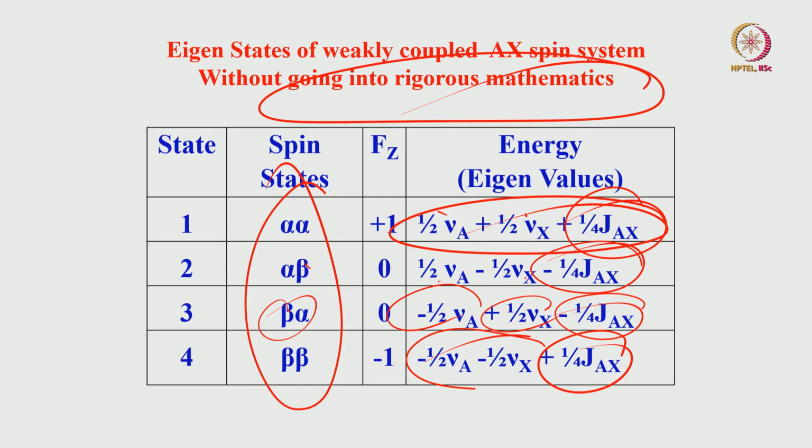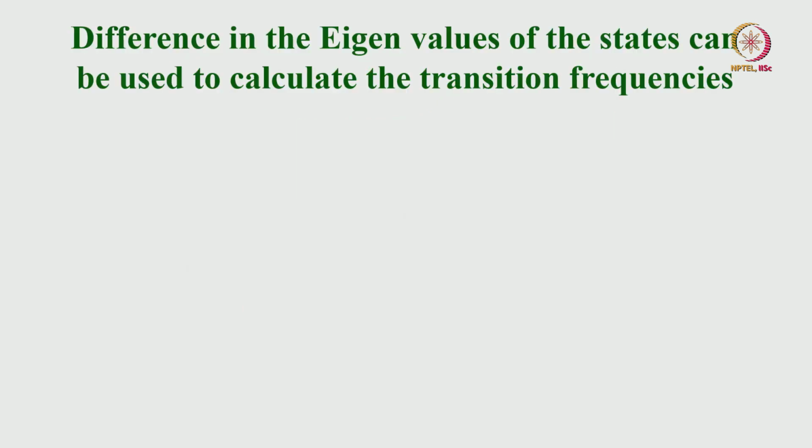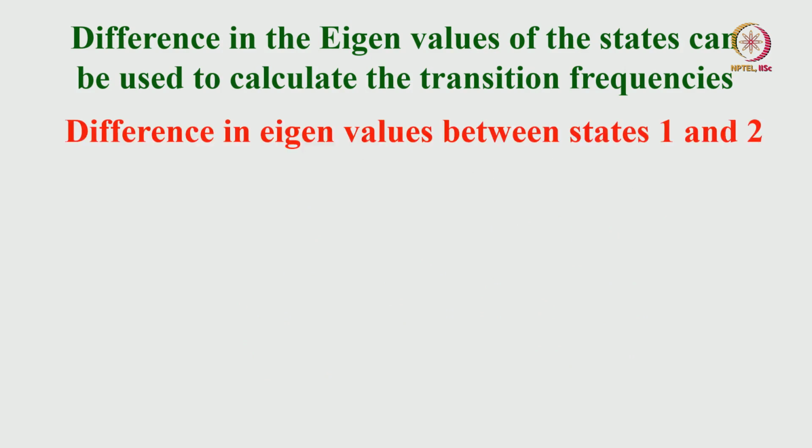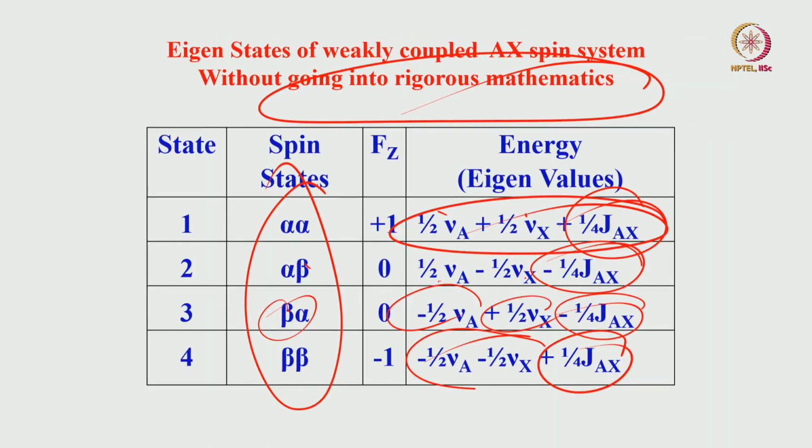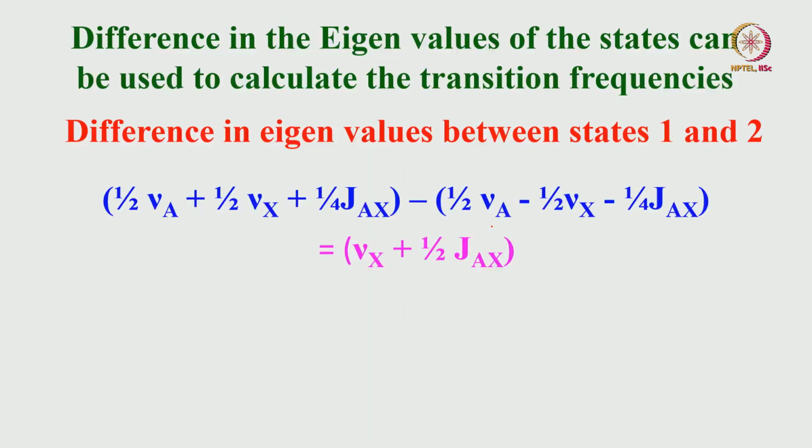Very easily you can work out the eigenvalues quantum mechanically, and then the difference in the eigenvalues gives you the frequencies. For example, you take this 1 and 2 and calculate the difference, and you will get